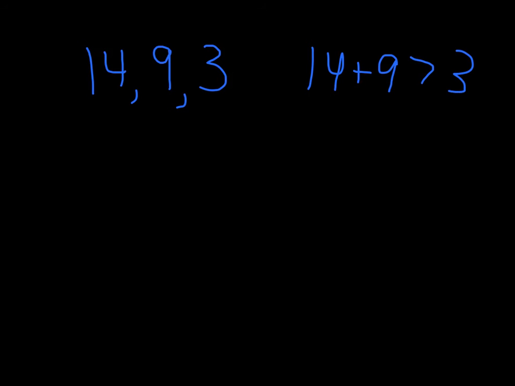The one thing you have to watch out for is make sure that the side lengths are in order from small to big. If not, you can get an erroneous answer. So for example, suppose I give you 14, 9, and 3. You don't want to say 14 plus 9 is bigger than 3, which is clearly true, and say